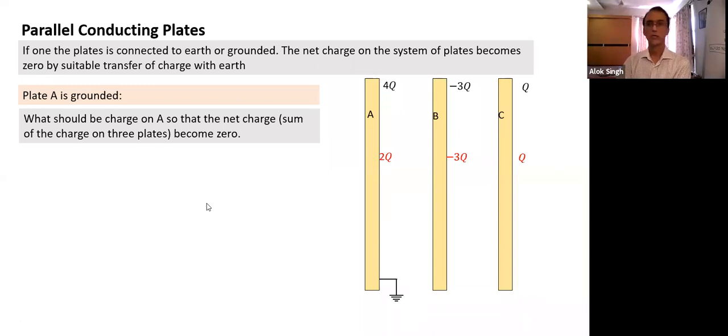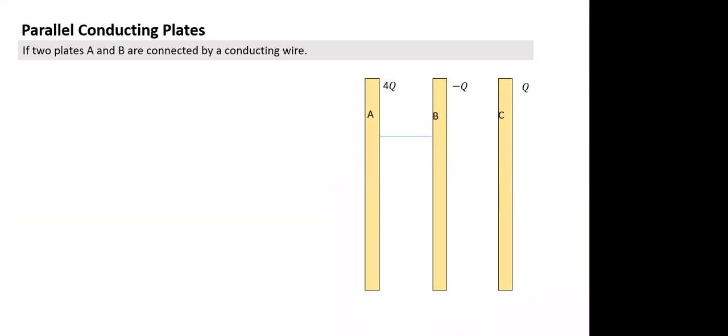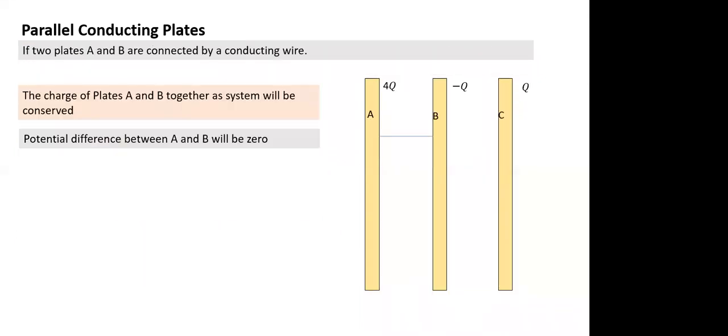Several of you have an answer. Okay, Pranav, tell me, you also have an answer. So Pranav, what is the difference between this question and the previous question? Previously also we had 3 plates. What is the difference between the two? Sir, in the previous question, the plates A and B are connected through a wire.